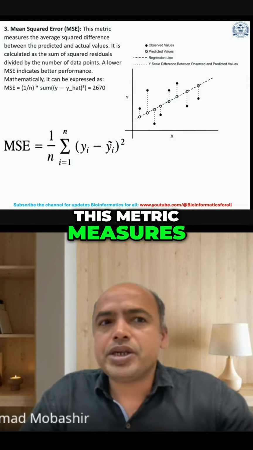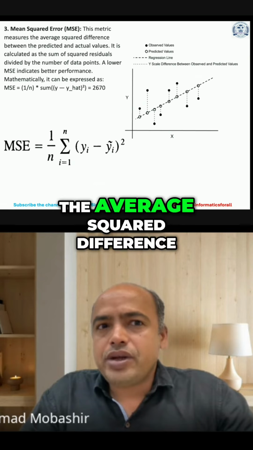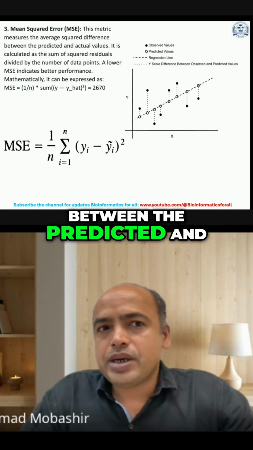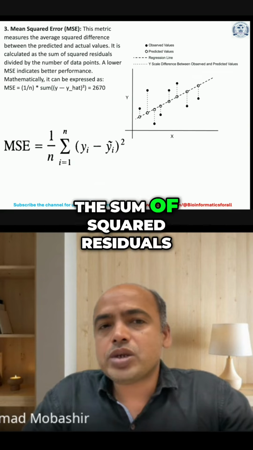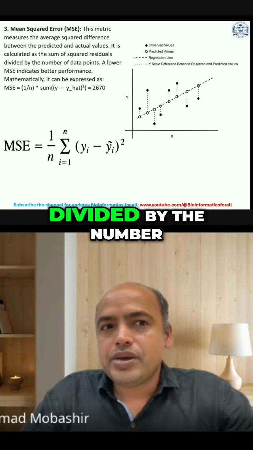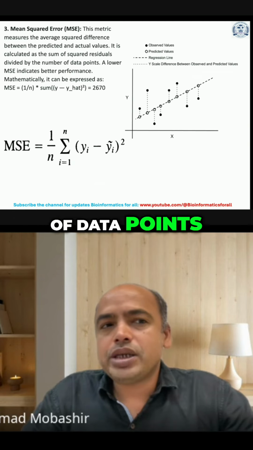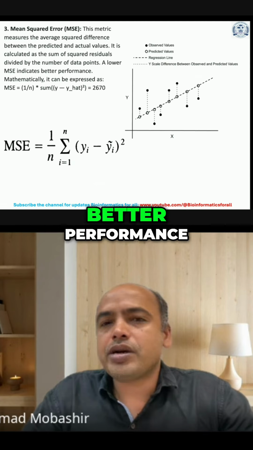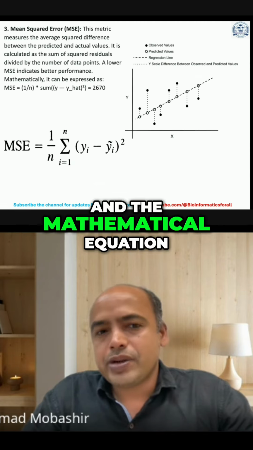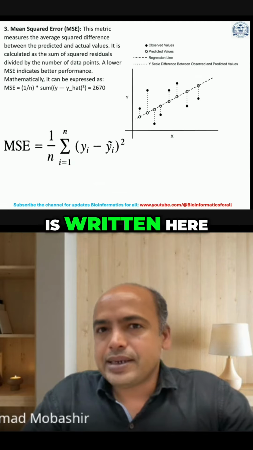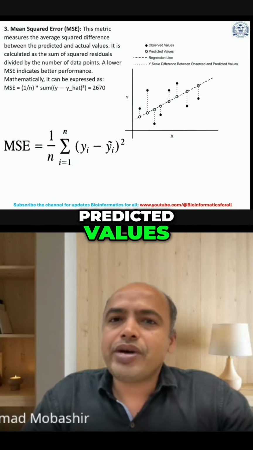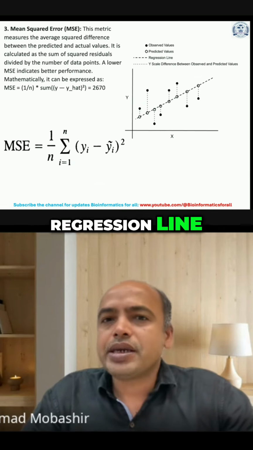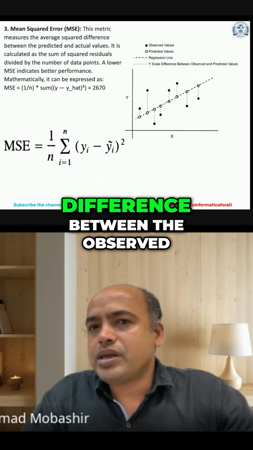This metric measures the average squared difference between the predicted and actual values. It is calculated as the sum of squared residuals divided by the number of data points. A lower MSE indicates better performance, and the mathematical equation is written here. So you need to look for the observed values, predicted values, regression line, and then a scale difference between the